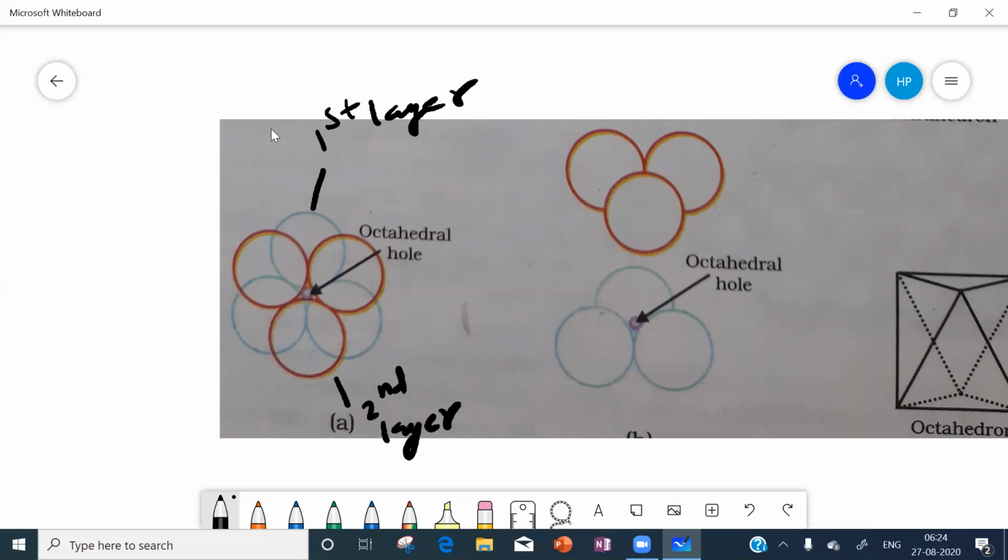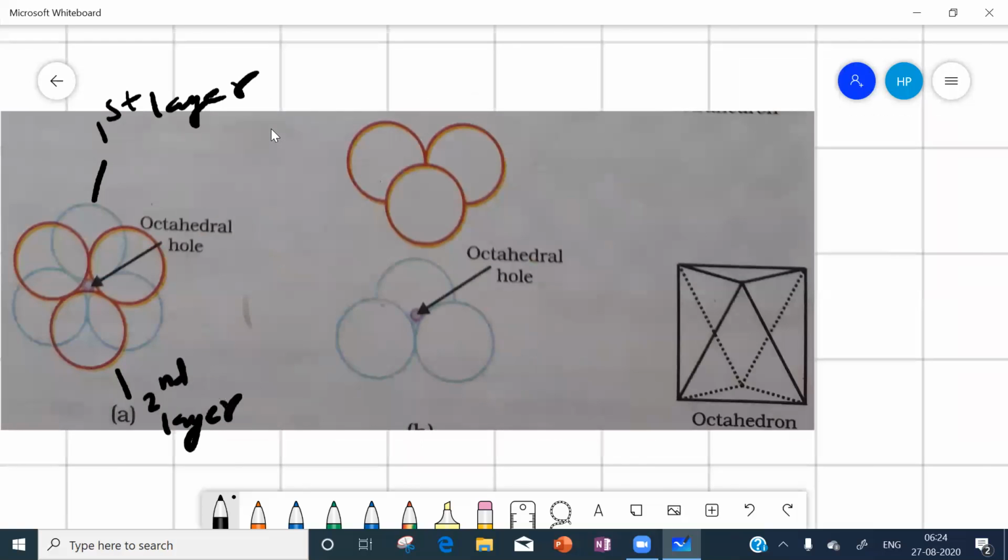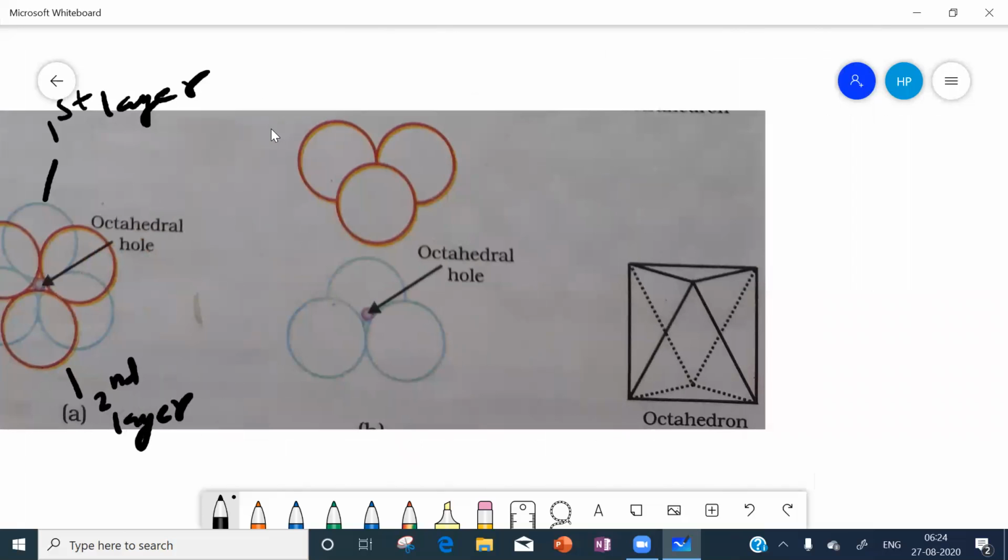Now using these 6 particles, we can get an octahedron. Now you see that this is the octahedron. In this octahedron, 8 equivalent equilateral triangles are there.